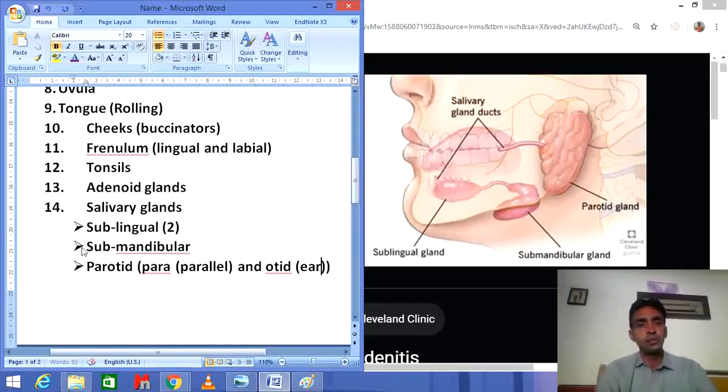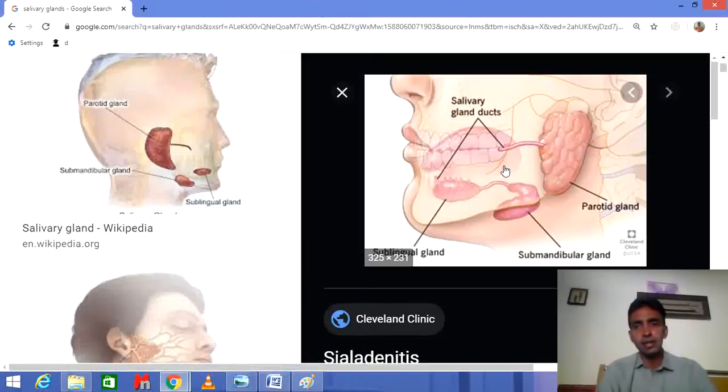So para means adjacent or parallel, and the gland present adjacent to the ear is called parotid. This is the ear, and this is the parotid. This has the largest capacity, this has the least capacity, and this has the intermediate capacity